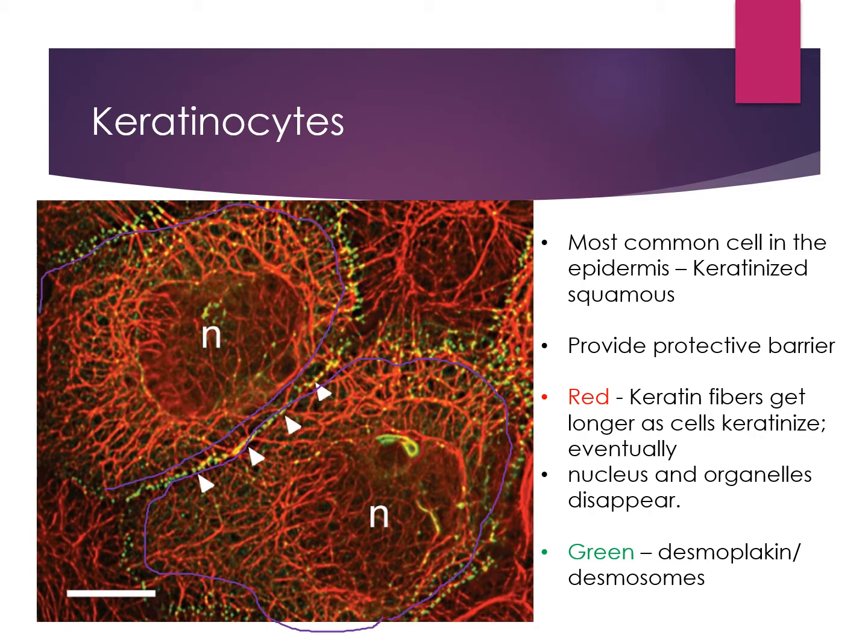When they are first made in the deepest layers of the epidermis, keratinocytes are living cells and contain only a little keratin. As these cells migrate towards the surface of the skin, however, the keratin fibers get longer and thicker, gradually filling the cell with protein as its nucleus and organelles gradually degrade. Once a keratinocyte reaches the surface of the skin, it is a dead cell, not much more than a protein-filled membranous sac. The green dots that you see, like these right here,